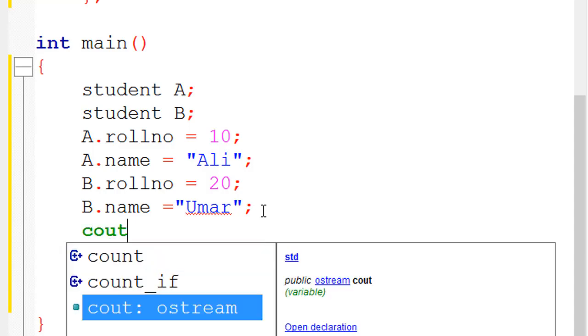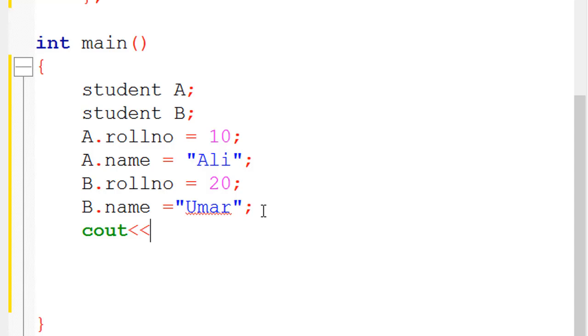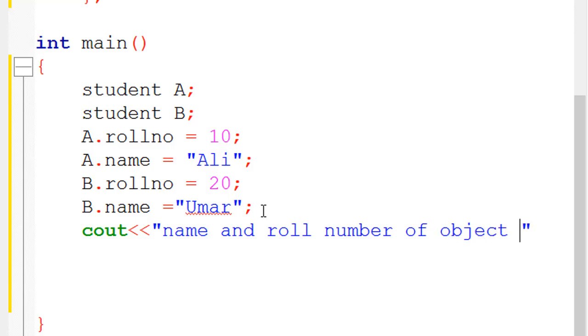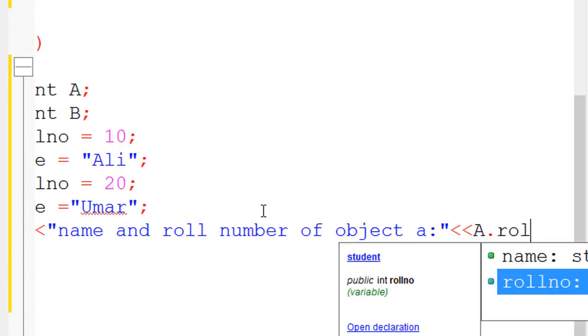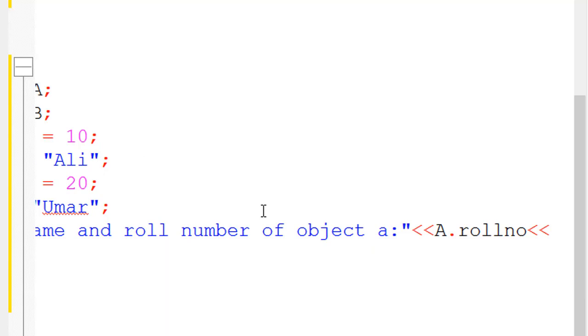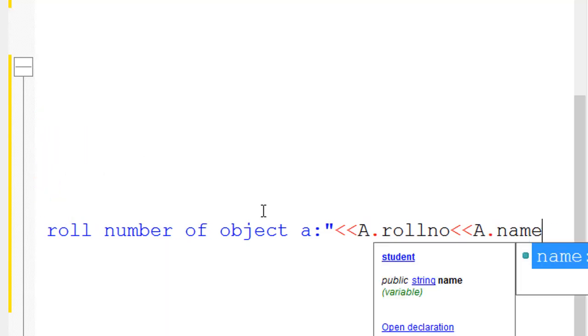First of all cout, then the insertion operator, then what you want to print on the screen, name and roll number of object A, right? Then again the insertion operator, A dot roll number, again the insertion operator, A dot name.